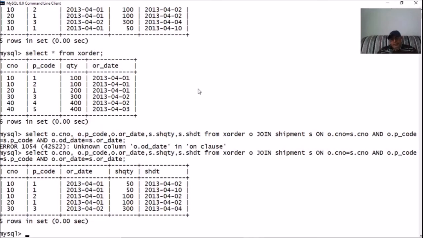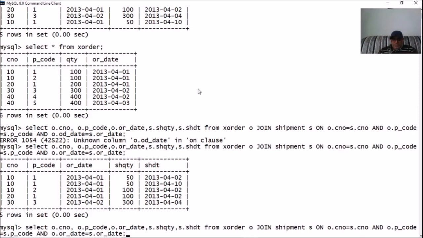Okay, we can do the same thing using the where clause as well. Look at this. From X order O, shipment S where these are the conditions we have specified in the where clause.